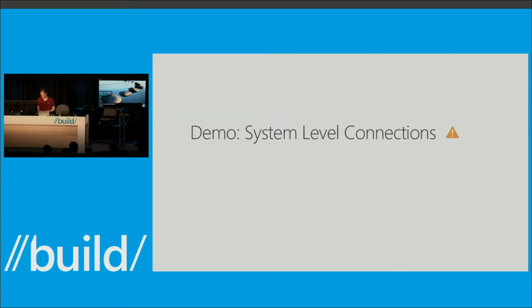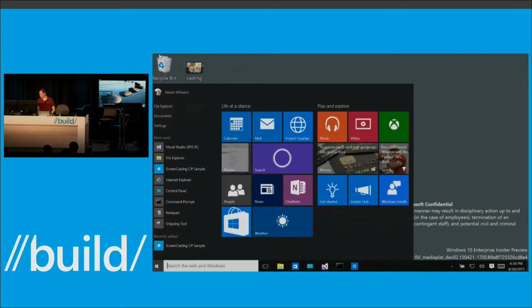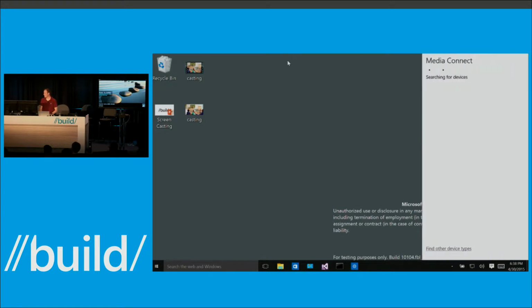The first demo I want to do today is to quickly show how the system level connections are a little bit different today than they were in the past. If I use the Windows key, all devices that are Miracast capable are listed here. And what's the difference with Windows 8.1? All devices that I can reach are there, not only the devices that I've paired with. So when I then click on my device,